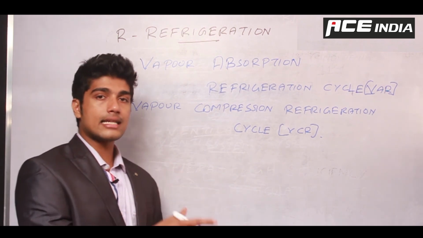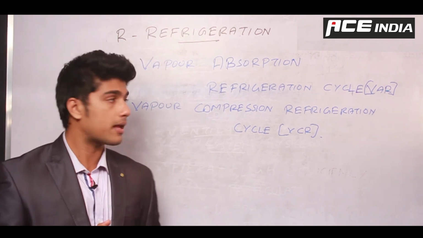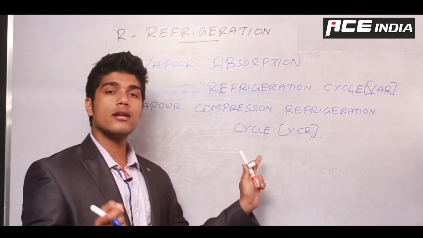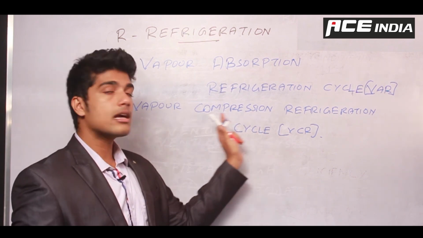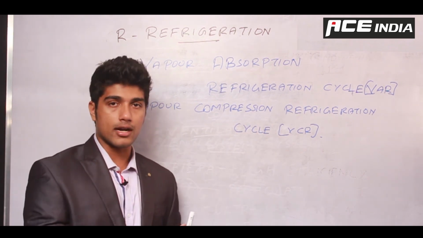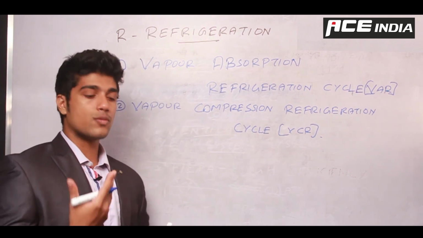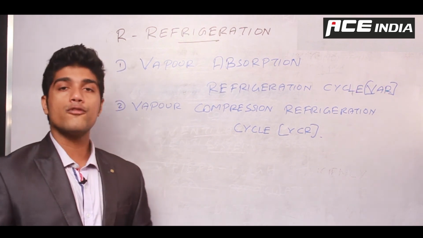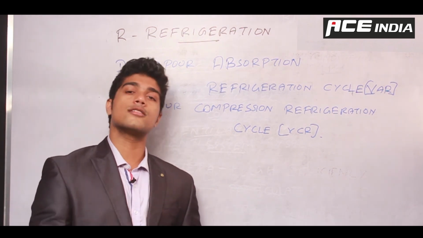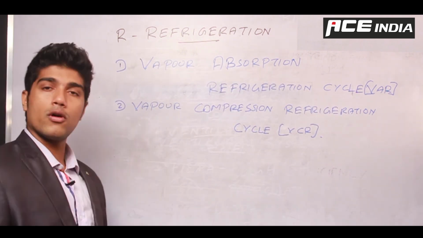So if I have any other cycle that can use electrical energy directly, then that will be much more suitable for me. That's why we will be employing the VCR cycle, and the working component in a VCR cycle is basically a compressor, which can be easily run by an electric motor that uses direct electricity. So because of it, the VCR cycle is much more practical for a common application like an office or a shopping mall or a hotel or even a residential building. So we'll have to learn more about the VCR cycle, not the VAR cycle.